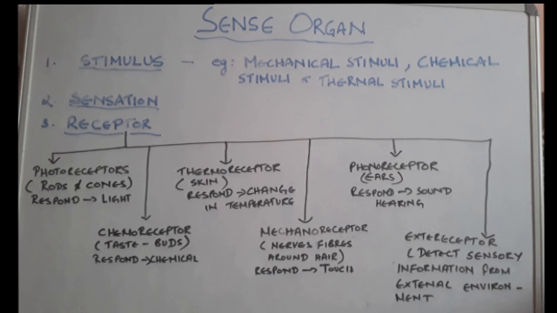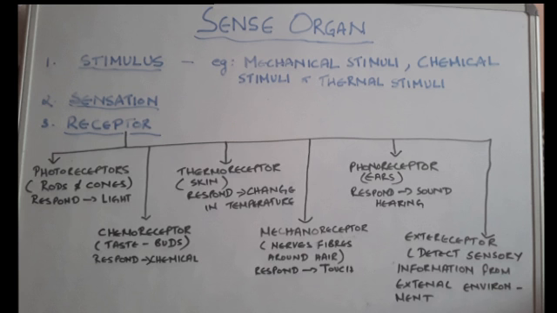Then comes receptor. These are sensory cells, I've told you, no? Special cells or sensory cells that receive the stimulus from the environment. And there are common types of receptors. So you can see there, photoreceptors, chemoreceptors, thermoreceptors, mechanoreceptors, phonoreceptors, and extero receptors. So photoreceptors respond to light, and the cones and rods that are present in the eyes